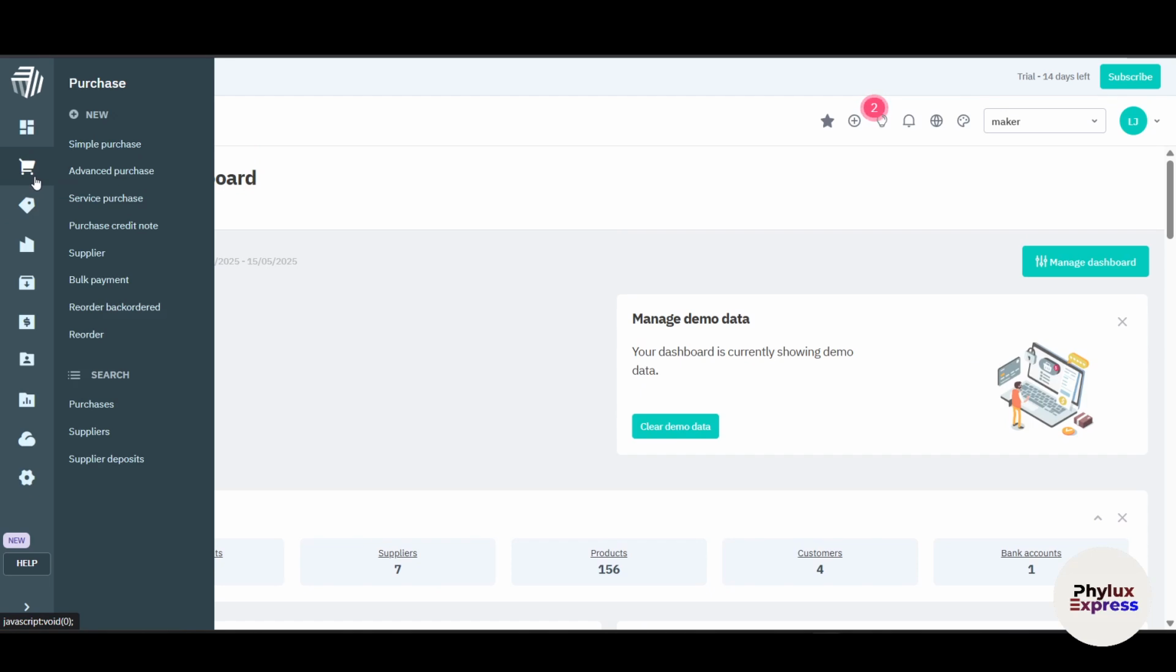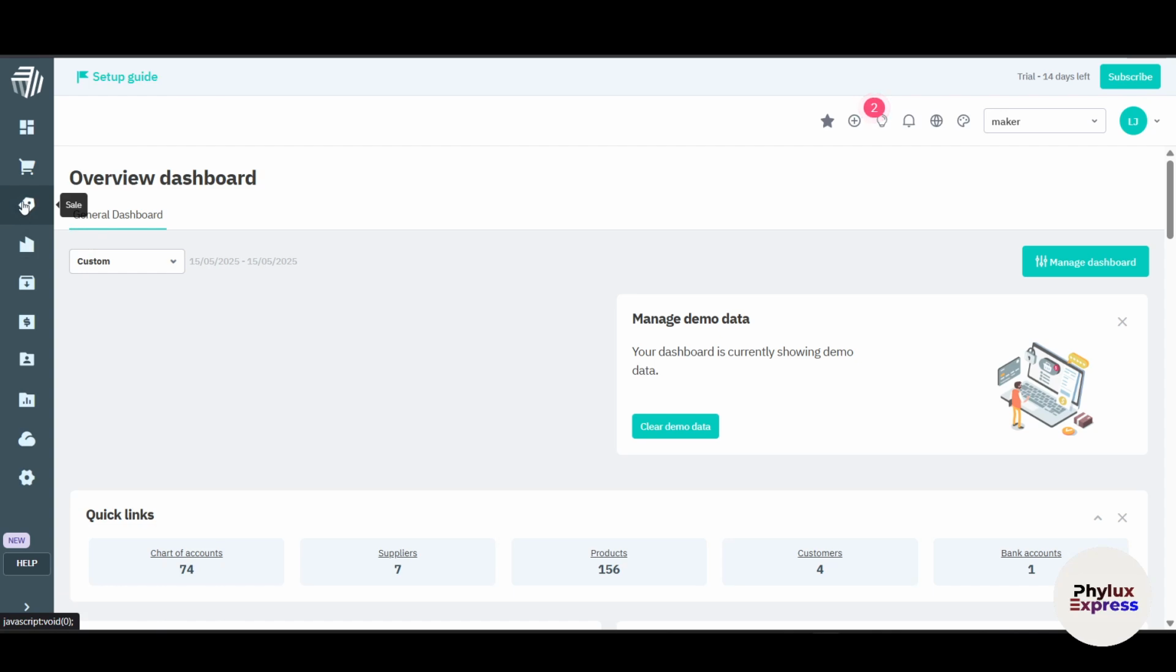Now, in the purchase, you can create and manage purchase orders, supplier invoices, and receipts as well. For example, when you order stock from your supplier, you will log it under this section. Now, let's move to the third option, which is the